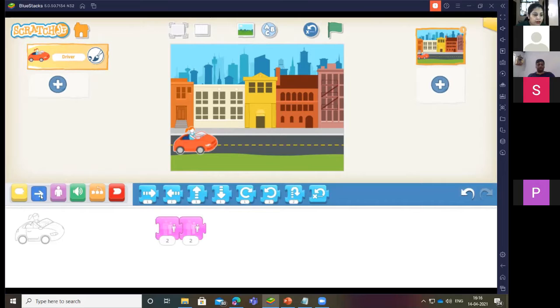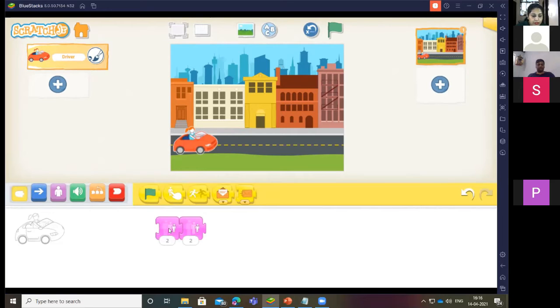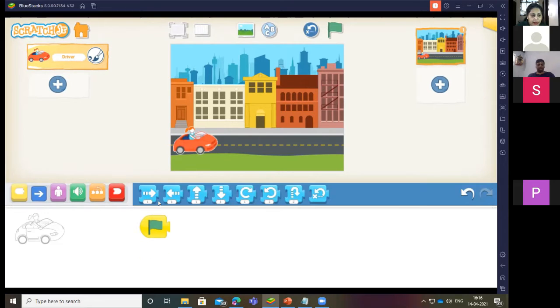Okay, now we have this one. I have this green button, and I want to move this car. Suppose I write 10 here.